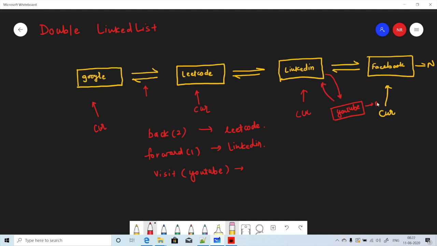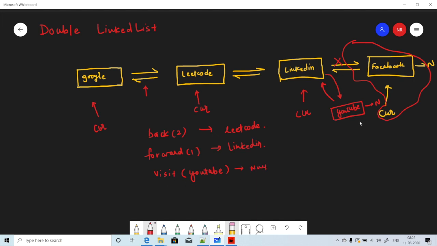This will point to the null. Okay, so that way, whatever the problem says, your current history should be erased. So in that case we can remove the link between these two, and that way the forward history is erased. Okay, and here we do not need to return anything, so it is going to be null.